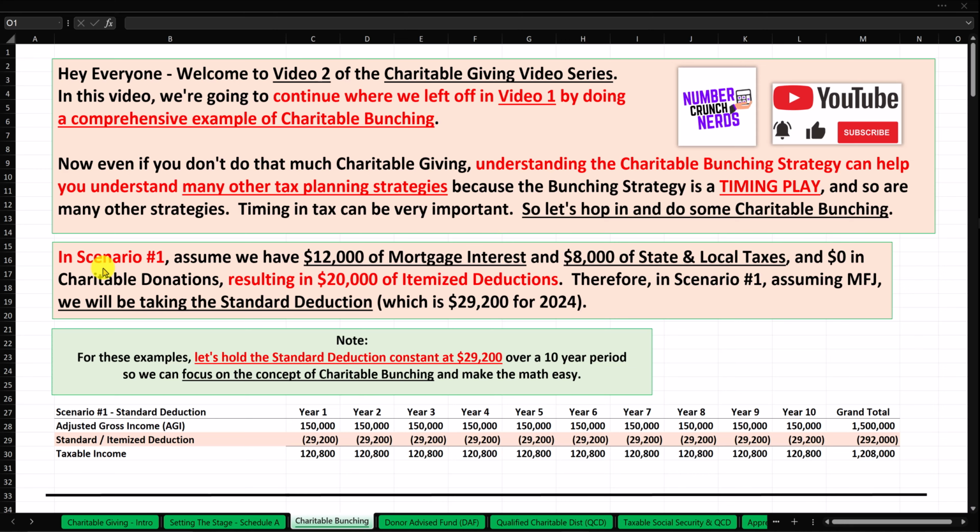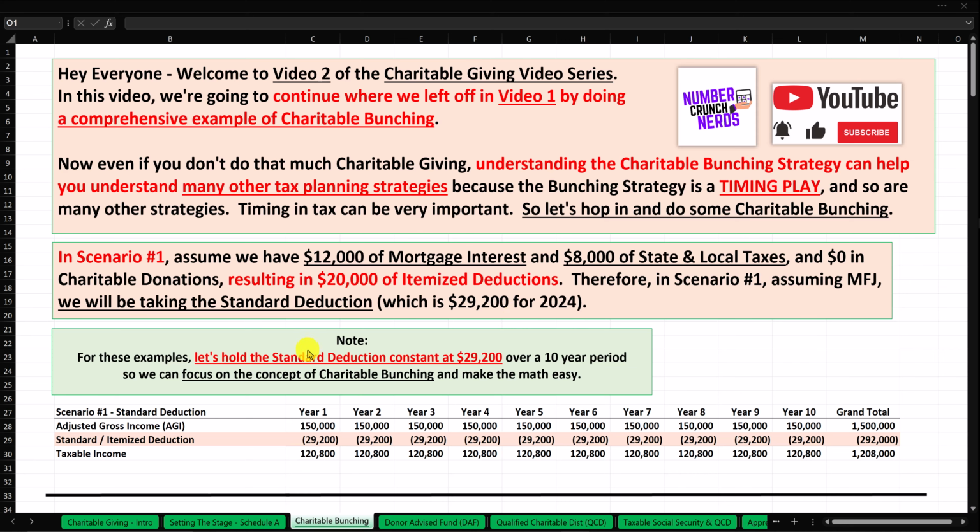Alright, in scenario 1, let's assume we have $12,000 of mortgage interest and $8,000 of state and local taxes and $0 for the moment in charitable donations, resulting in a total of $20,000 of itemized deductions. Therefore, in scenario number 1, assuming married filing joint, we will be taking the standard deduction, which is $29,200 for